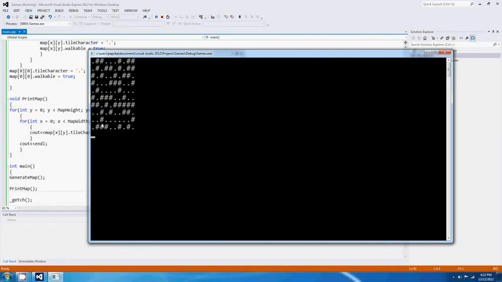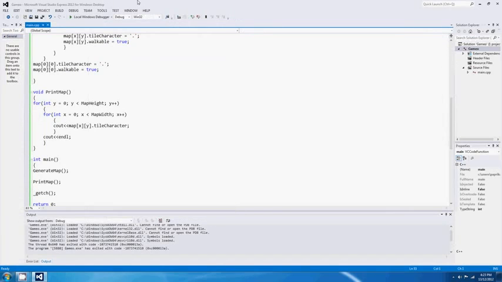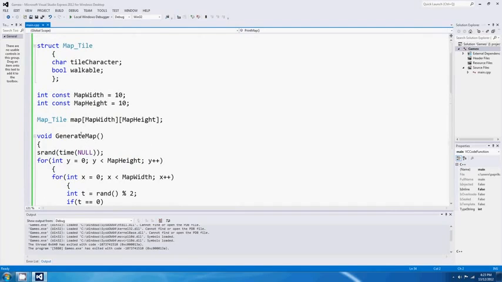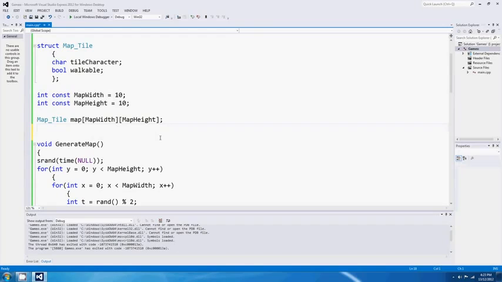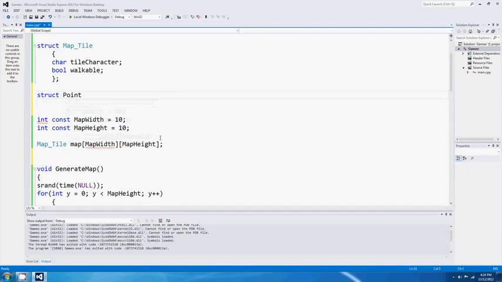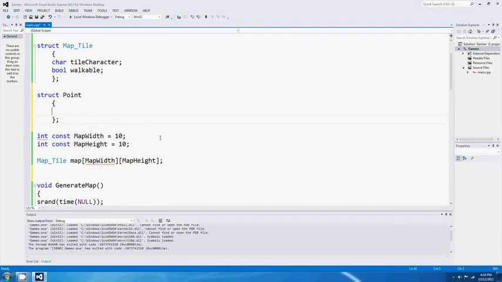Okay, so there's our map, ladies and gentlemen. That's pretty cool. A bunch of floors and walls. What we want to do now is put down a player. There's no good having a map without a player. Let's say there's another struct, and this one's called point or position. Probably doesn't matter. Int x and int y,